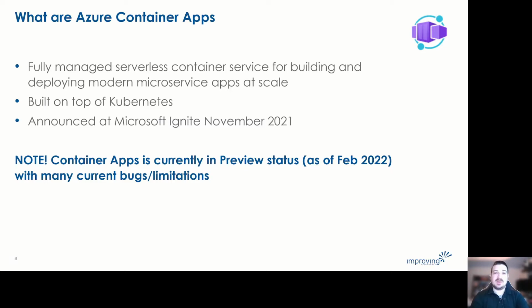So you can think of this really as a layer of abstraction on top of Kubernetes. So, serverless Kubernetes. Big note here, and I'll mention this multiple times, as of this presentation, February 2022, Container Apps is currently in preview status. It has a lot of bugs, limitations, definitely not general availability, but still far enough along that I think diving in now and getting a familiarity with it is highly valuable.